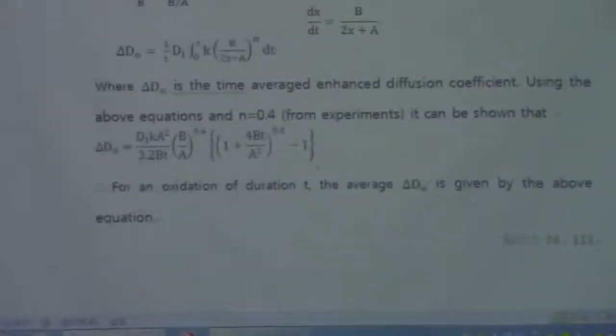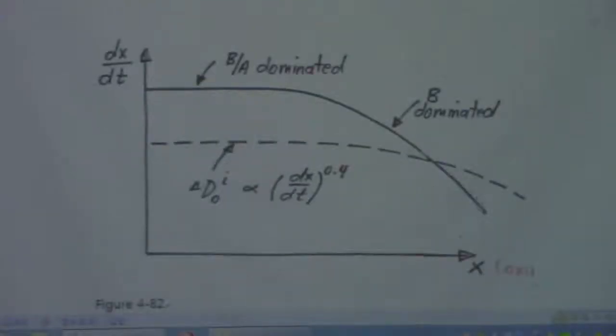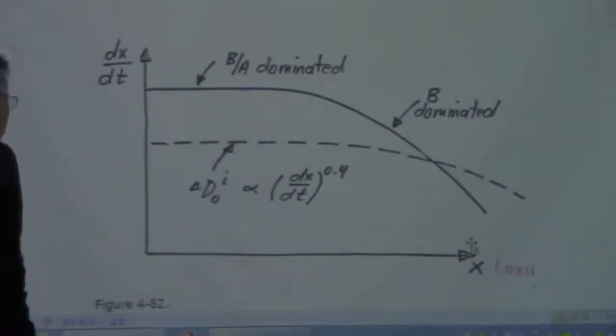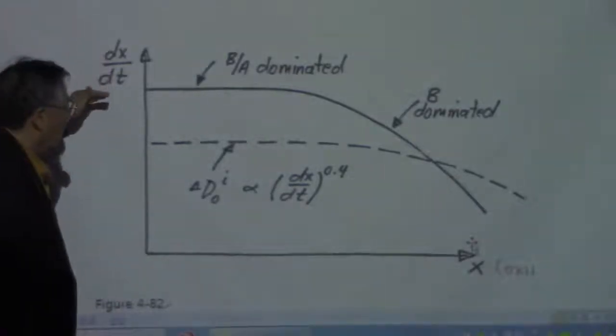And using the above equation and n equal to 0.4, it's just similar to the OISF case. And then we have equations which can be seen here. For an oxidation of duration time t, the enhancement in the diffusion coefficient, delta D naught, can be given with the above equations. And then this is the rough plot, this is the x-axis, and according to that equation 32,